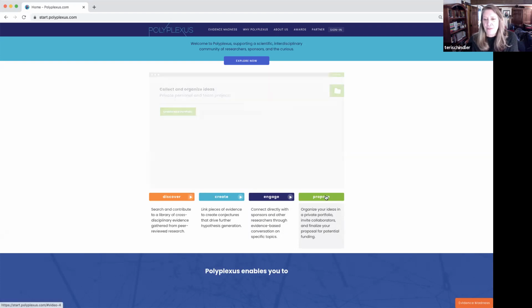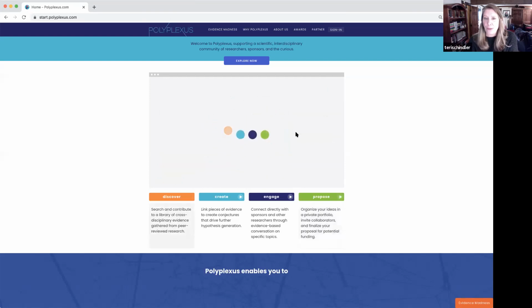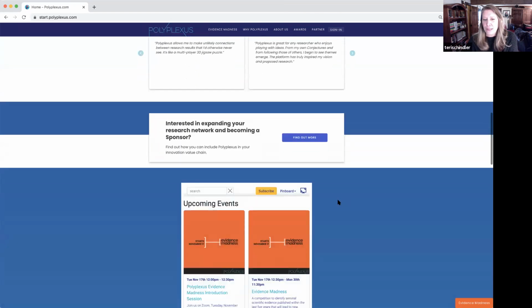And then finally, the fourth part of the platform is really about portfolios, which are private workspaces where you can invite other people to join you to collect evidence and explore and perhaps even put together a proposal for a research funding opportunity.